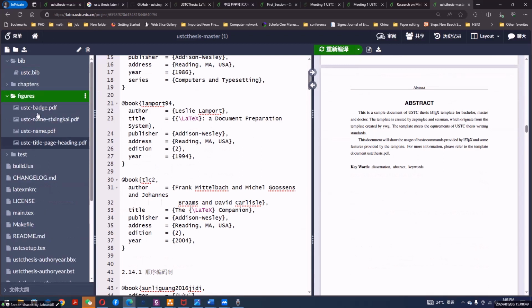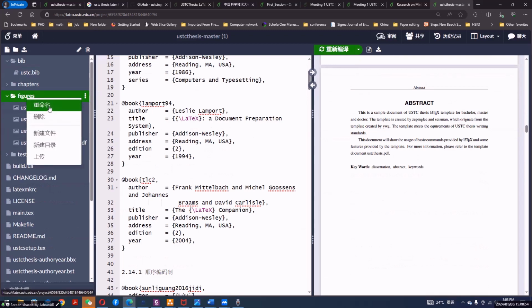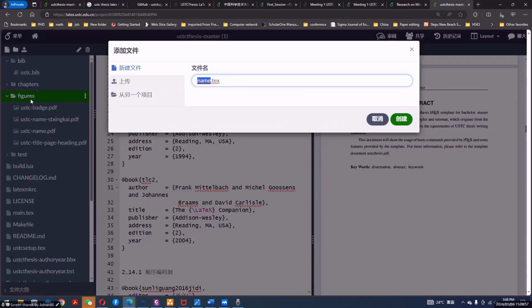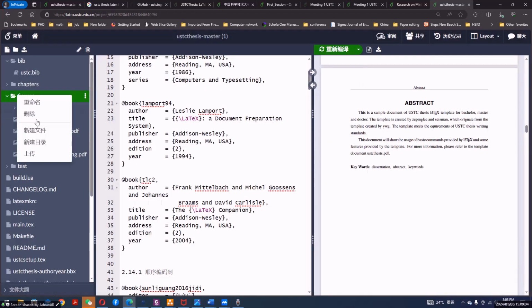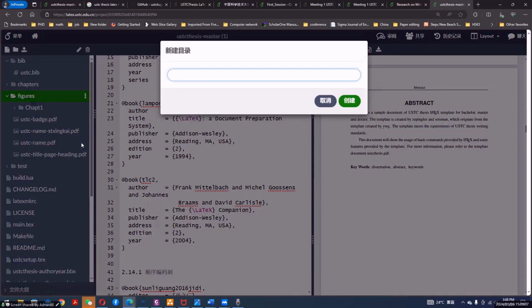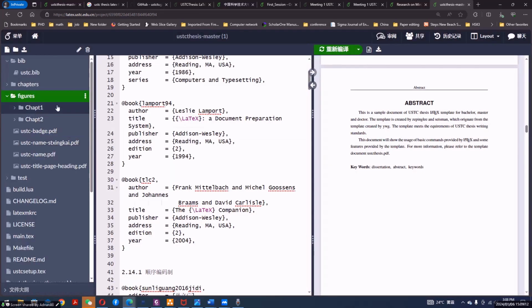Then we have the figures. So these are our current figures. I prefer that I create folders here. This is a file, and I prefer to create a folder, like this is chapter 1, and you can create maybe a folder for each chapter. In this way, I am going to place my chapter 1 figures here, chapter 2 figures here,